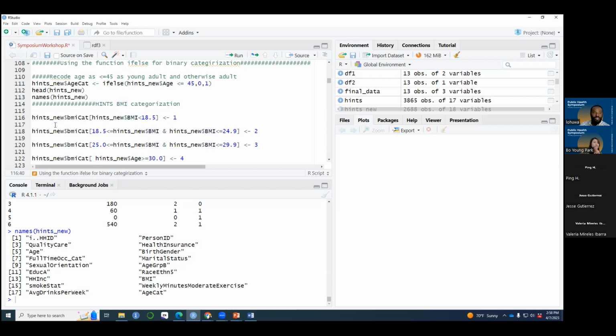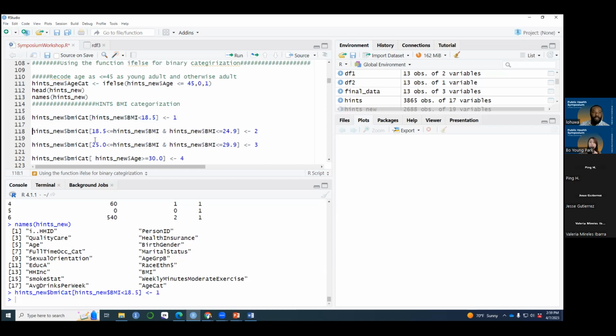So now we say that I'm creating a new variable called BMI_cut with a square bracket. I want you to go into the BMI of the hence new data, and for every BMI that is less than 18.5, I want you to assign it to 1. So now I can run this line of code. Then I'm also creating another category of, again, BMI_cut. Again, with the same new variable BMI_cut, I want every variable that is less than